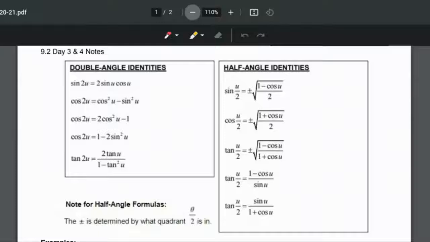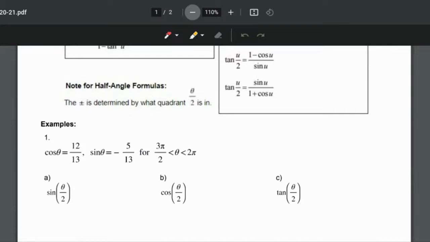Today we're going to focus on the double angle and half angle identities, and we're going to do several examples related to these formulas. So we'll refer back to this list, which is on your official formula sheet for Chapter 9. In this first example, it provides you with cosine and sine ratios, and they tell you to look at the fourth quadrant. If you notice, what they're asking for in part A is sine of theta over 2, which